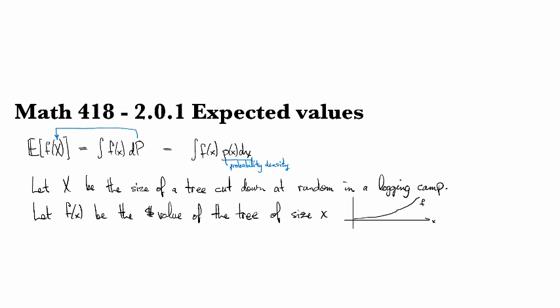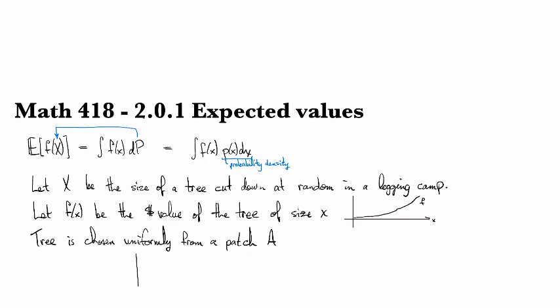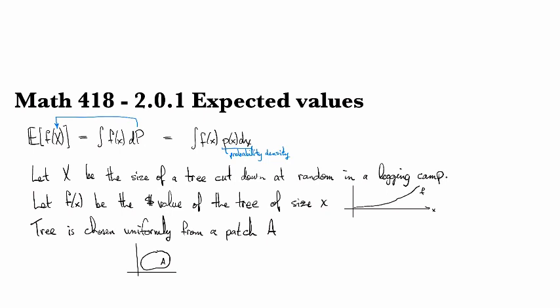Okay, so suppose that the tree cut down is chosen uniformly from a patch A. Okay, so what does that mean? So here's our map of what's going on out in forest country, and there's A. And so we're going to choose a tree uniformly at random from this patch. So if I look at the PDF for this thing, here's kind of the blob, and we're not choosing from outside the blob, we're only choosing from inside the blob. So the height of our patch is maybe going to look something like this,